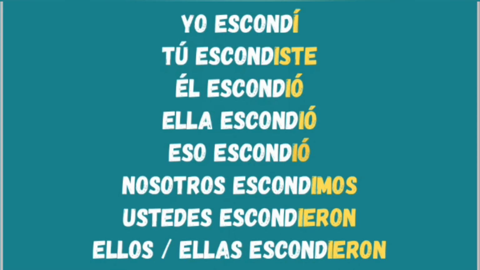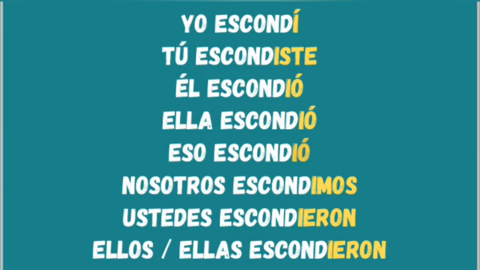Now, if you want to say you hid, then you have to say in Spanish, tú escondiste, okay? If it's a regular verb and it's ending with letter ER, then you have to say escondiste. The ending would be iste because you have the personal pronoun you, which means tú in Spanish, okay? Tú